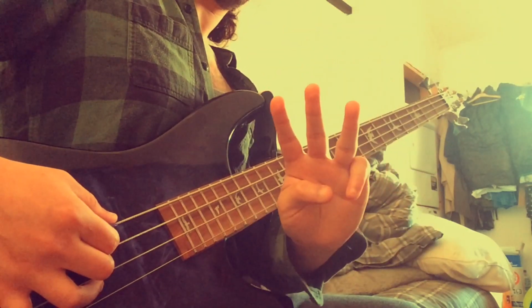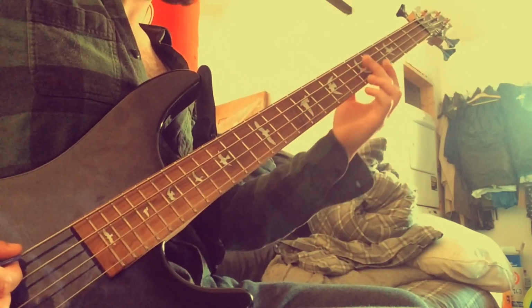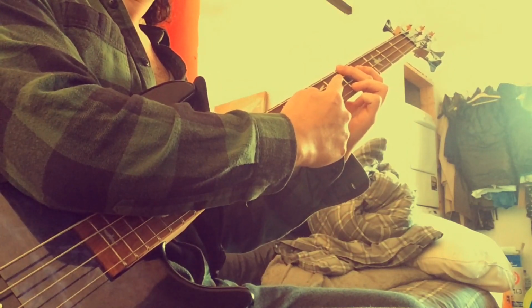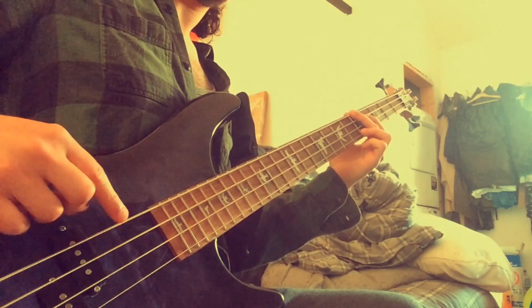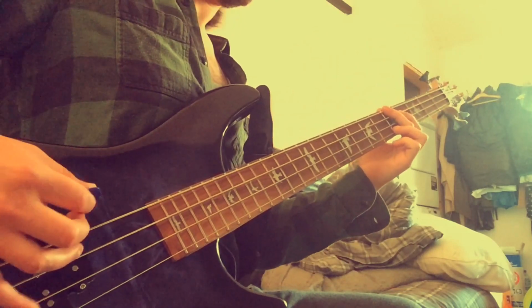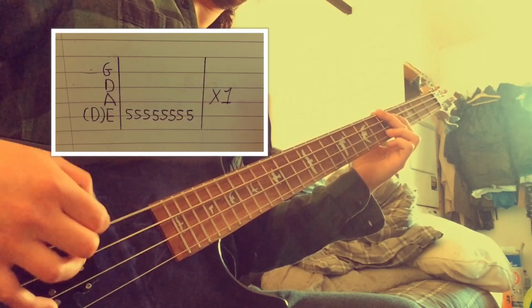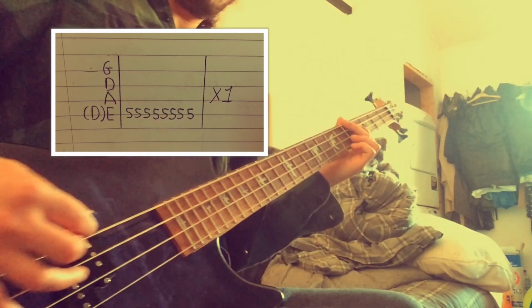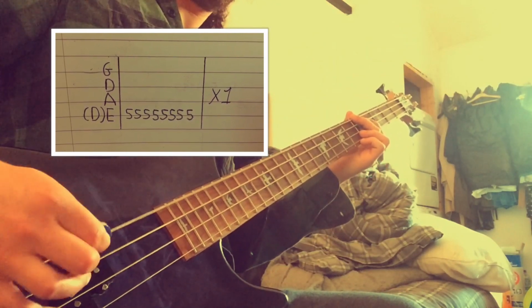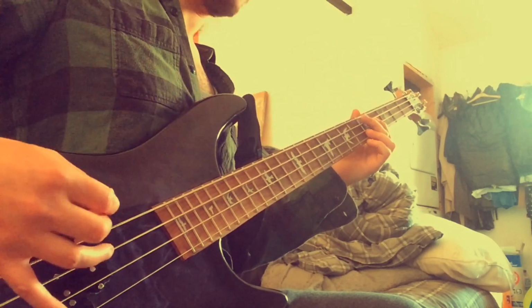Section 3. This third section only entails the 5th fret of the E string, or the D string. I'll play it for you now, slowly. Now with all 3 sections we get